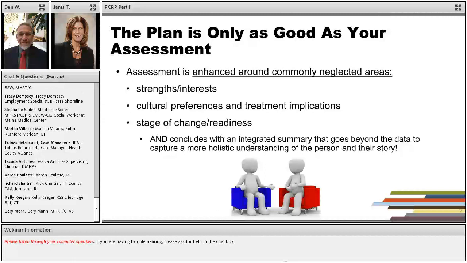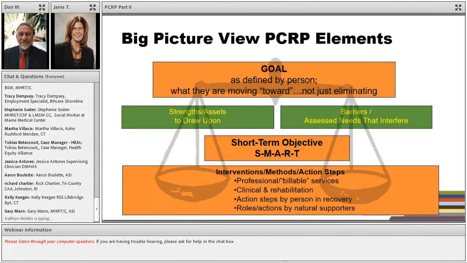So if someone's in a position where they're choosing between the copay on their meds and putting food on the table for their kiddos, then they may need some kind of an intervention around getting connected to financial entitlements. If they have a cultural or a faith-based objection to taking medications, then perhaps we need to reach out and involve someone from their faith community or their cultural community. Maybe the medications just aren't working for them and they're just not effective, in which case we need to pull in physicians and prescribers and really do some brainstorming around that. So just keep in mind there's a lot of things that come before a well-written recovery plan, and keep in mind in particular the quality of your assessments and your formulations.